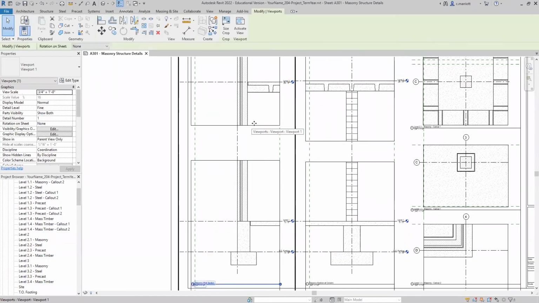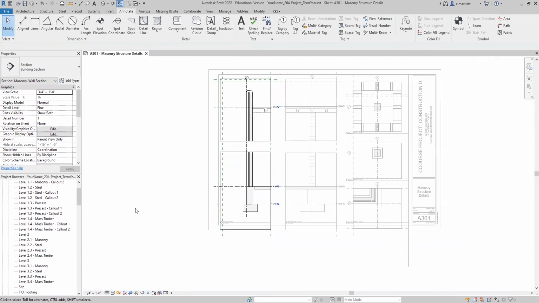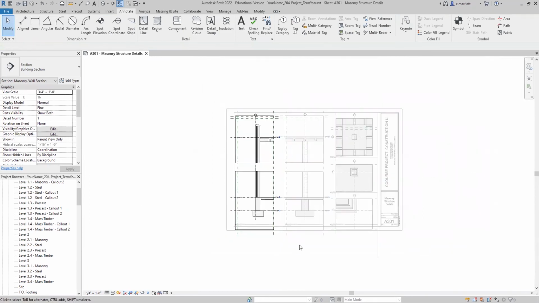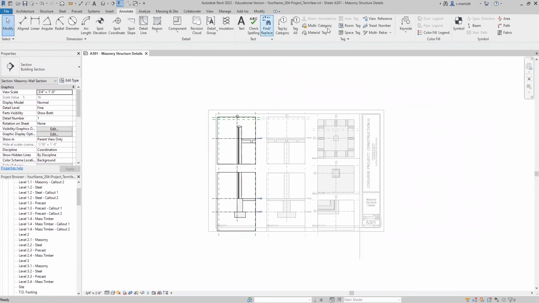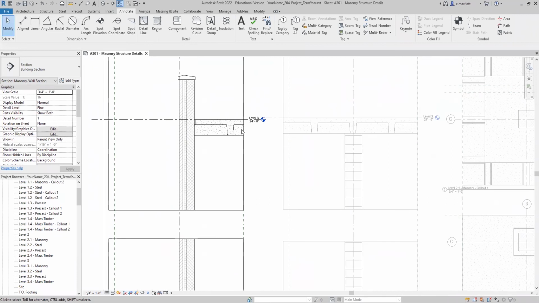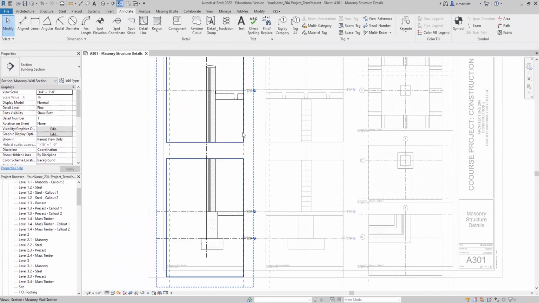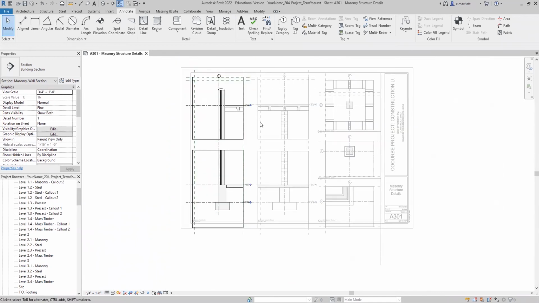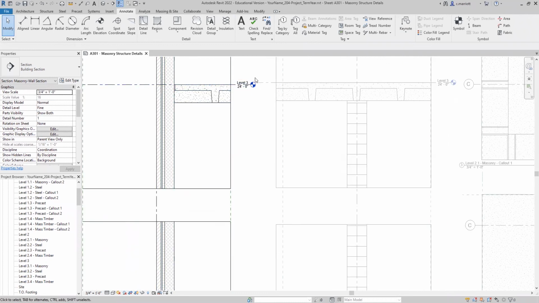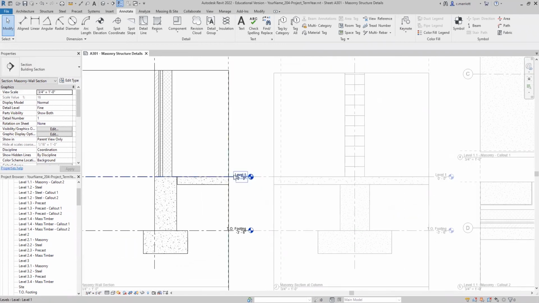And I'm going to bring this one down a little bit. And when you add the notes, you may make more little revisions to these alignments, but we're getting there. Now, if you're able to get these to align horizontally, you can eliminate the level 2, level 3 notation and level 1 and top of footing, because we have that information over on the right hand side. So it looks like I need to do a little bit more alignment for that level, and then I'll eliminate that. But basically what you would do is click on it,